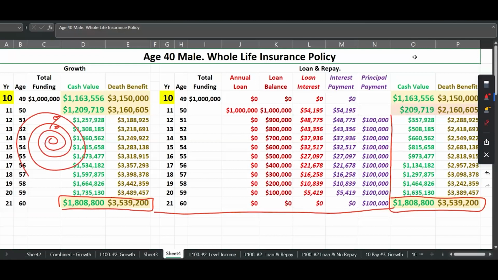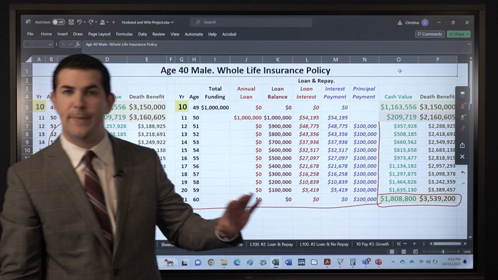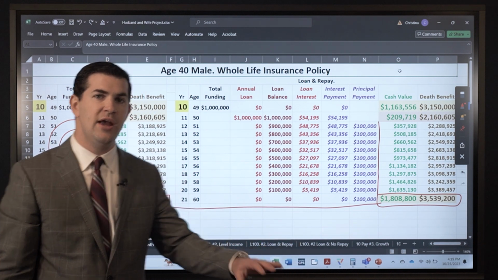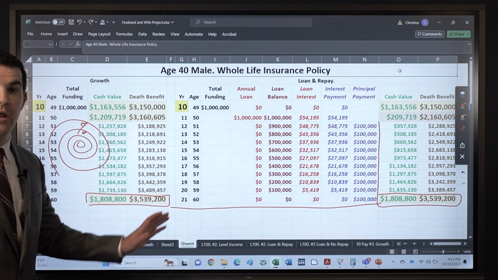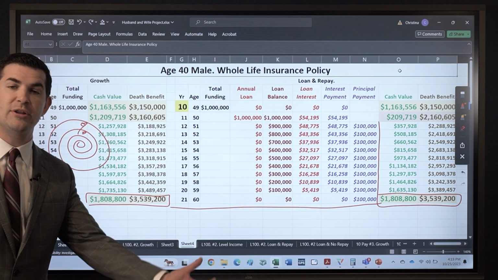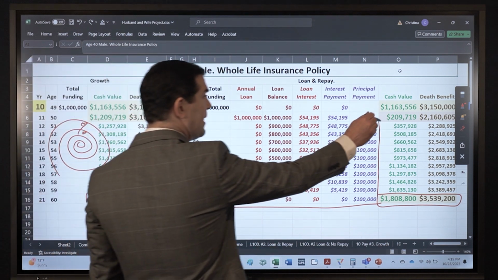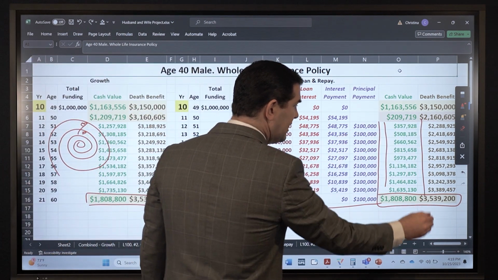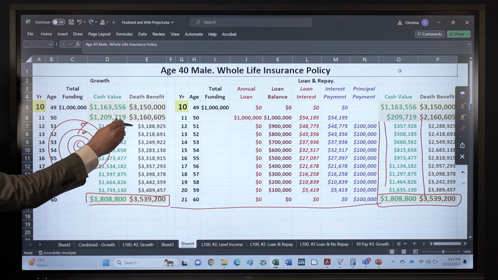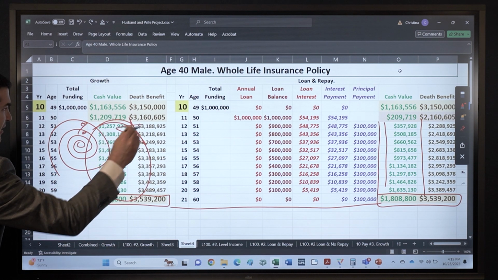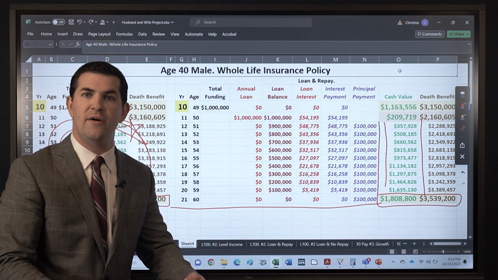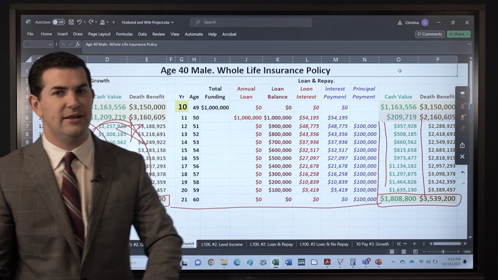So now when I acquire other assets, instead of going to a bank and paying them interest, I can borrow against my policy, pay the insurance company interest, but what they're paying me, remember they're still paying you dividends and interest on the full amount that we've got to the left. That's going to offset the interest I pay them in a sense.